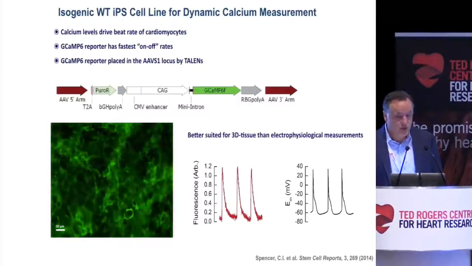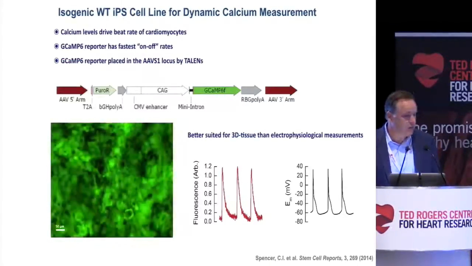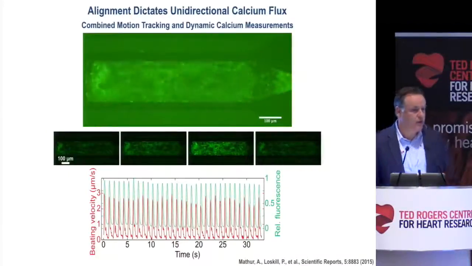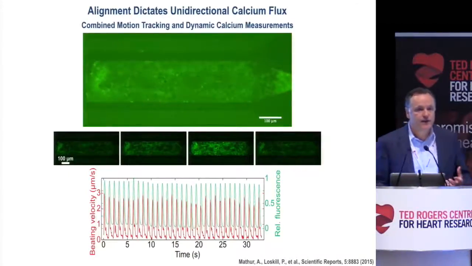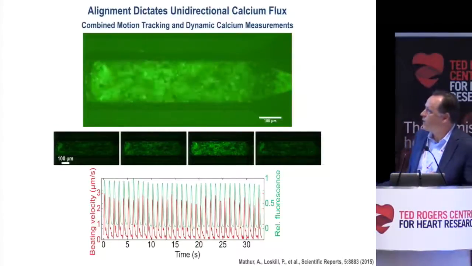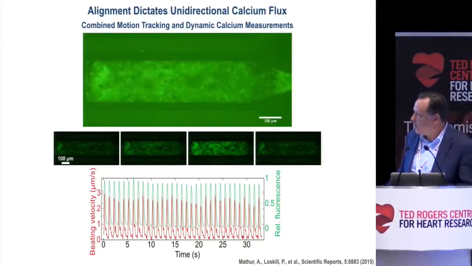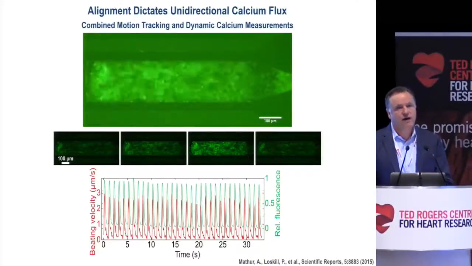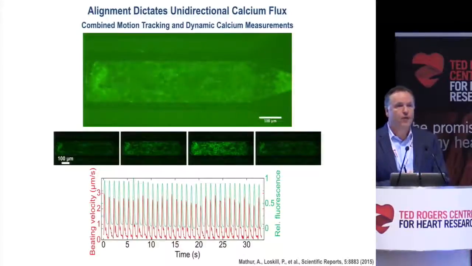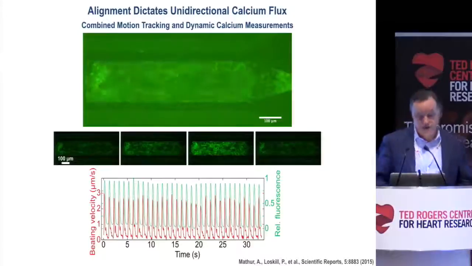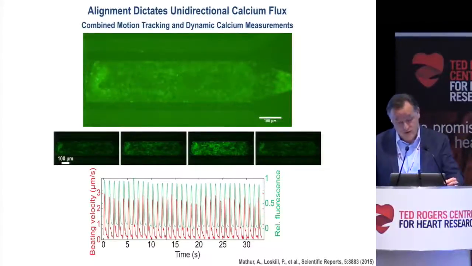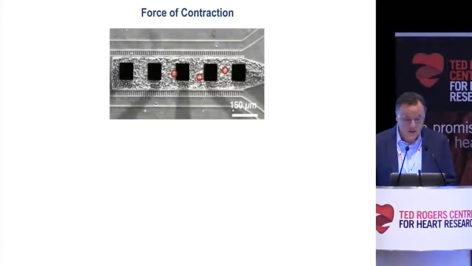We also use this GCAMP reporter, GCAMP6 cell line, so we can look at the calcium transient. And this is kind of cool. It's sort of like a blinking traffic light, right? So the cells are aligned. What you can't really see very well with the speed is that the direction is kind of unidirectional in the calcium flux. And we can both compare the beating velocity and the fluorescence and actually map them right on top of one another at the go state, because they're both optical measurements. It's a little bit hard when you put in electrophysiology because you don't know where the start is. But in this case, electrophysiology with recording electrodes.